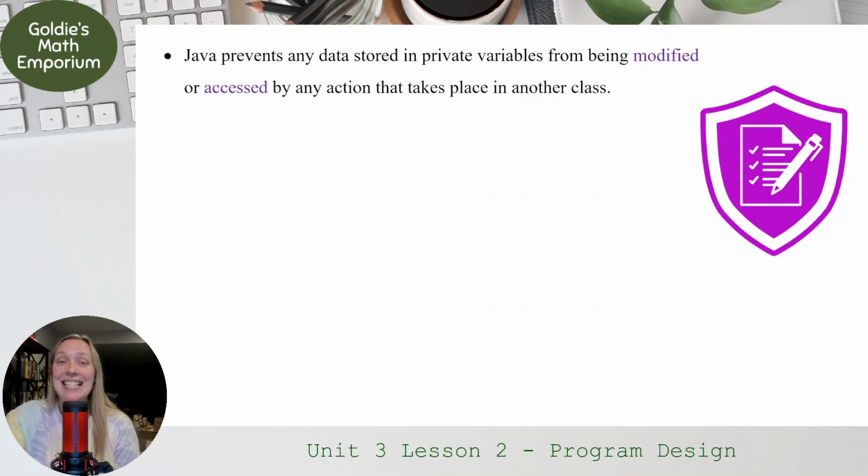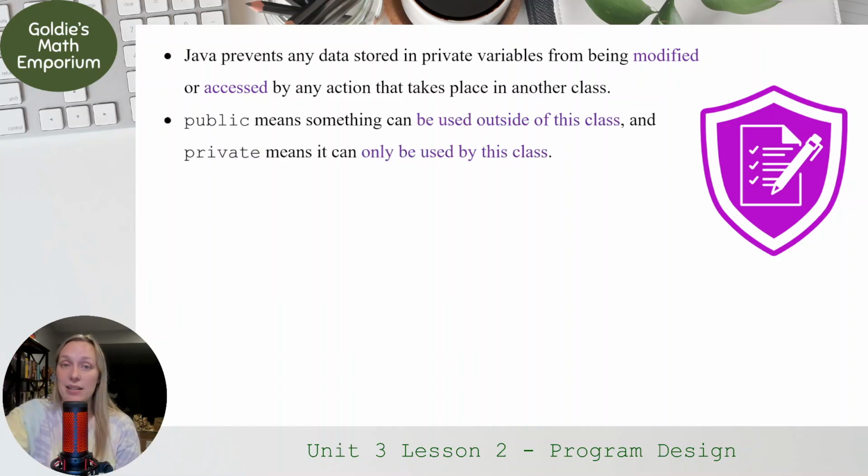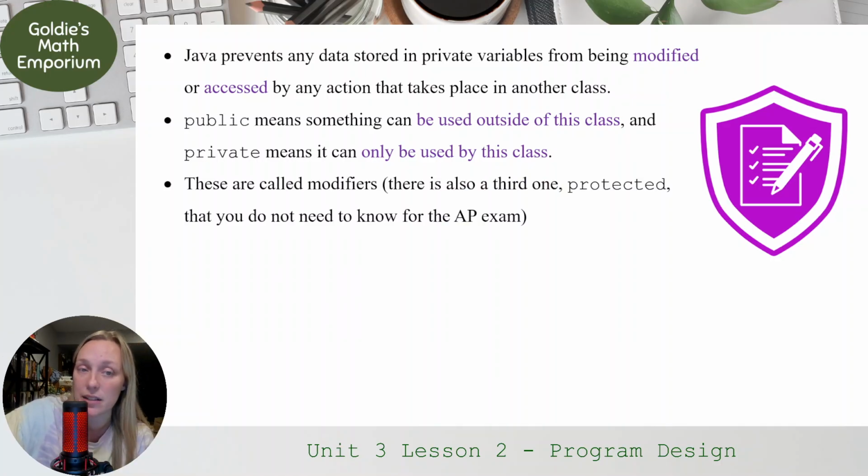Java prevents any data stored in those private variables from being modified or accessed. So public means that it can be used outside of the class. Private means it can only be used inside of this class. These are called modifiers. Public and private are called visibility modifiers. There is a third one called protected that you don't need to know for the AP exam. Protected more pertains to